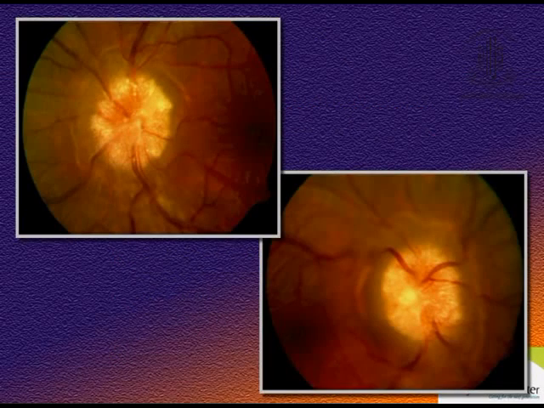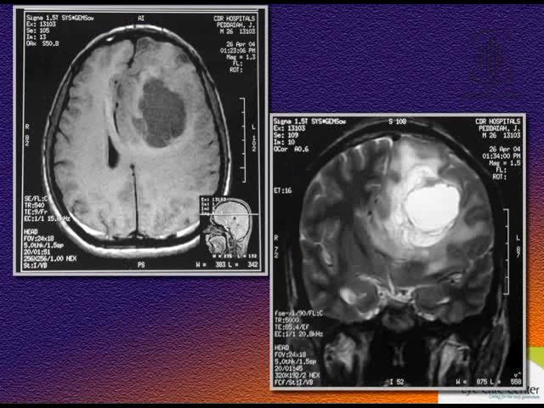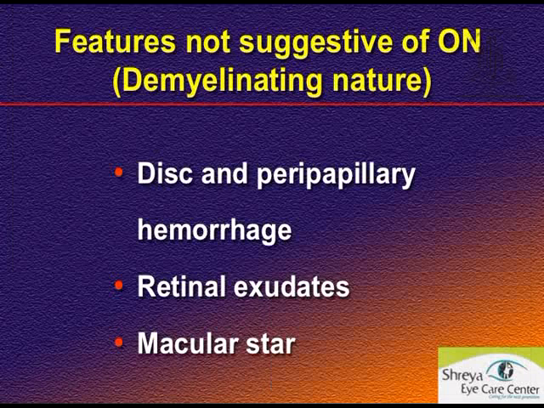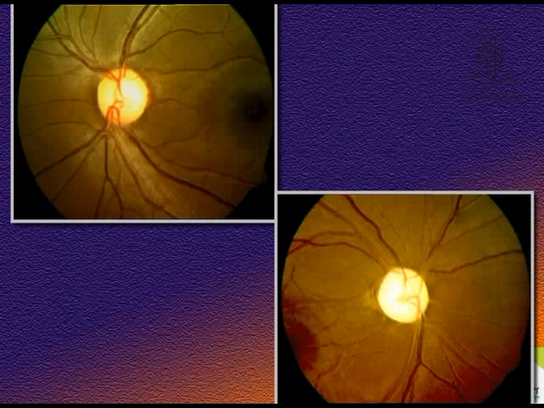And here it's a chronic papilledema, and you see the swollen optic nerve all through because of an intracranial tumor, which is causing a huge midline shift with raised intracranial tension. Now, features which are not suggestive of optic neuritis: disc and peripapillary hemorrhages, retinal exudates, and the macular star, which tell you that it's not really optic neuritis. And this is a picture of an ischemic optic neuropathy, where you see the nerve fiber layer hemorrhage. And here you see the optic discs. This is how, once the recovery is there, you tend to see a little bit of